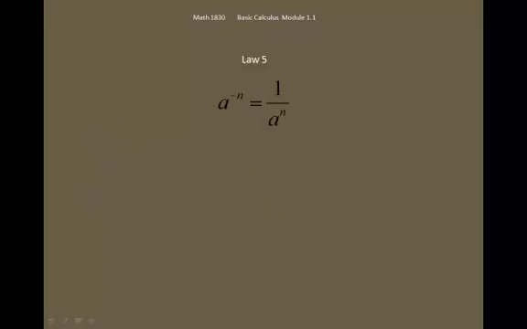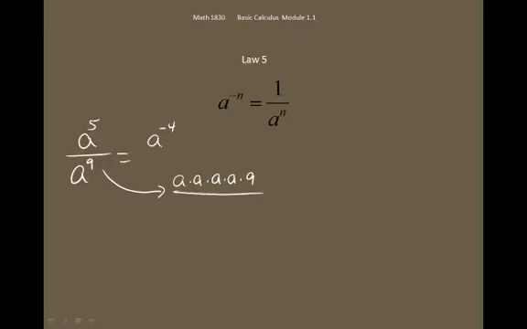In law 5, we deal with a negative exponent. We say that a to the negative nth power is equal to 1 over a to the n. If you remember from law 3, we had said that if you have a to the 5th over a to the 9th, that is equal to a to the negative 4th power when you did 5 minus 9. But also, remember division states that if you have 5 a's on top, a to the 5th power, and you have 9 a's on bottom,